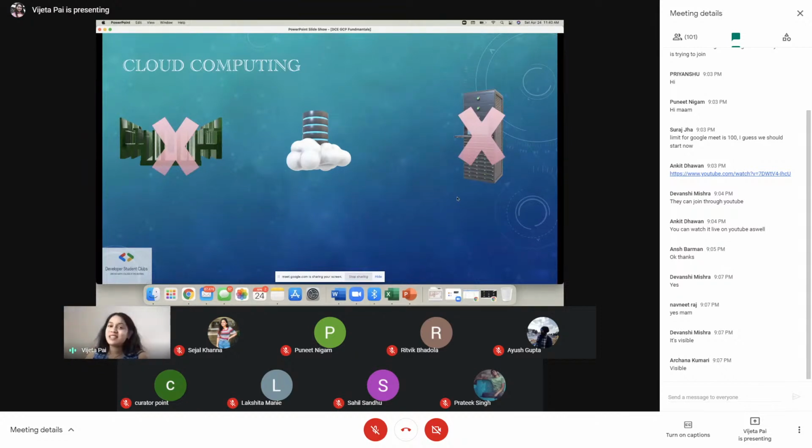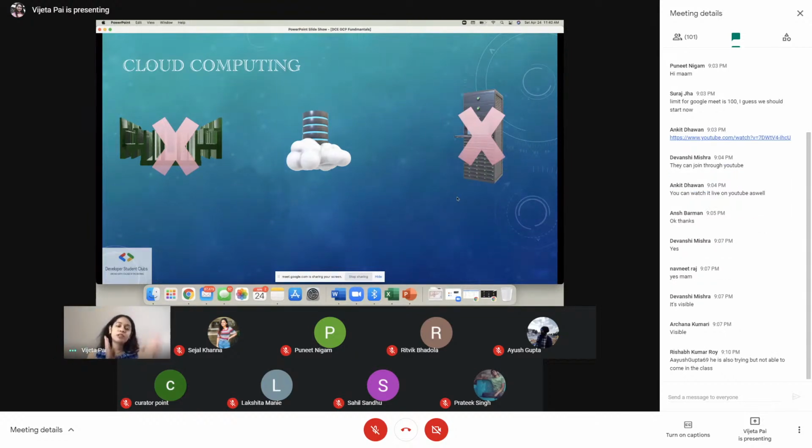exhaustive as well. Just imagine, you not only need to have physical servers, racks, and all those hardware, you have to maintain them. You have to make sure that there's a team dedicated to it 24/7 that monitors the security, monitors the performance. It's a big headache. Cloud computing makes our life easier in this situation.